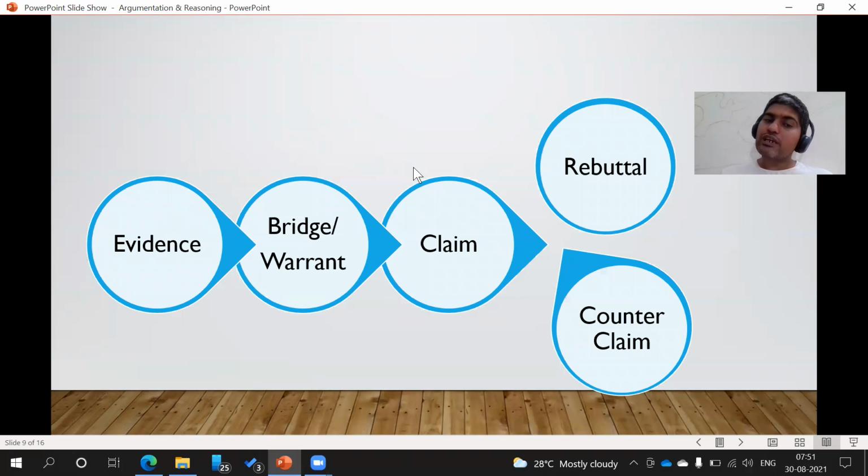Now, from evidence to claim, there is some reasoning. You use the same evidence, but use a different reasoning, a different bridge, to reach a different claim. Is that possible? That is definitely possible. Happens all the time in academic research, where people use the same data set to reach different claims because they are making different assumptions, or, say, looking at it from a psychological perspective or a sociological perspective. There are different explanations of the same phenomenon.